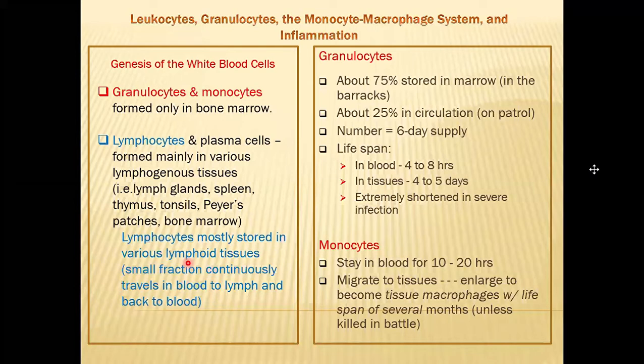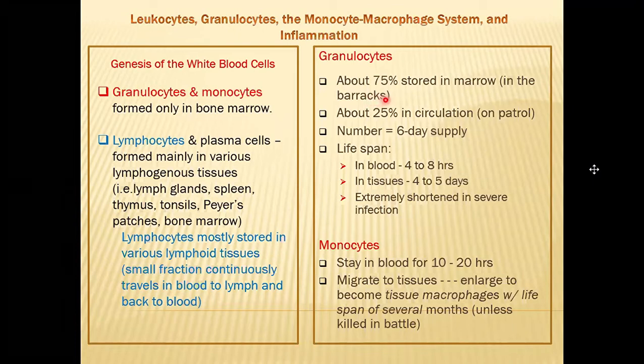So they are being released into circulation in case there is an infection going on. So the granulocytes, 75% of them are stored in the bone marrow: the eosinophils, basophils, neutrophils. They're in the bone marrow like in the barracks, because